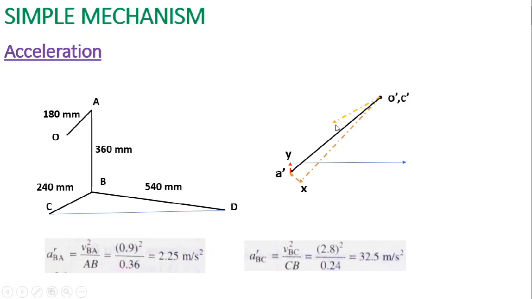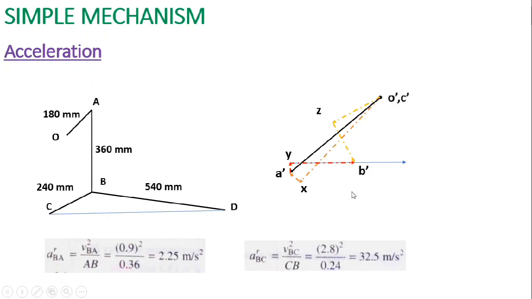Now the tangential acceleration component of link CB will be perpendicular to it and unknown in magnitude, but it will go and touch this acceleration vector. So with that, from point Z we get this vector, and we can directly know its magnitude by measuring the distance from this point to Z. Also the vector from Y to this point will give the magnitude of the tangential acceleration vector of AB. So they will be intersecting at point B dash. Is that clear till here?